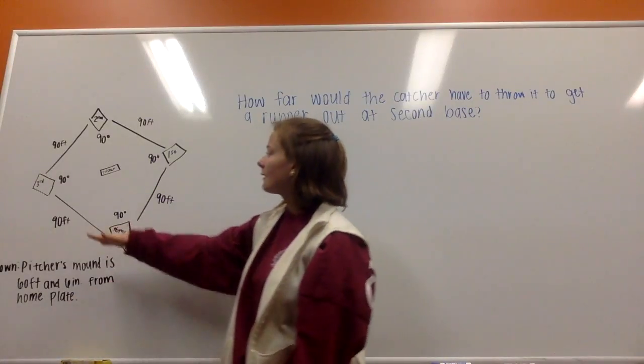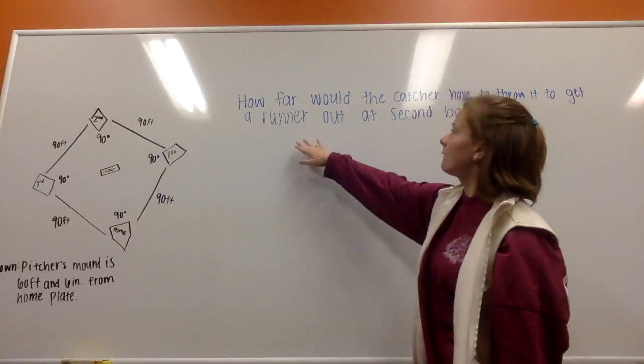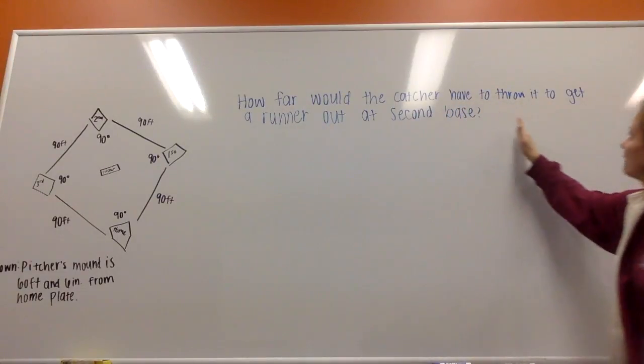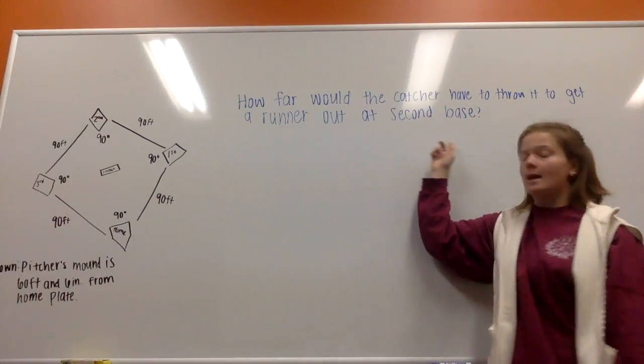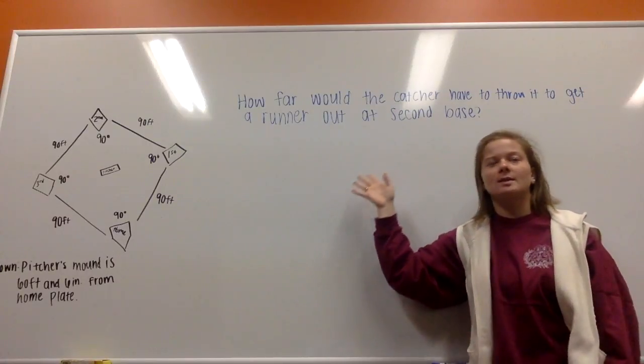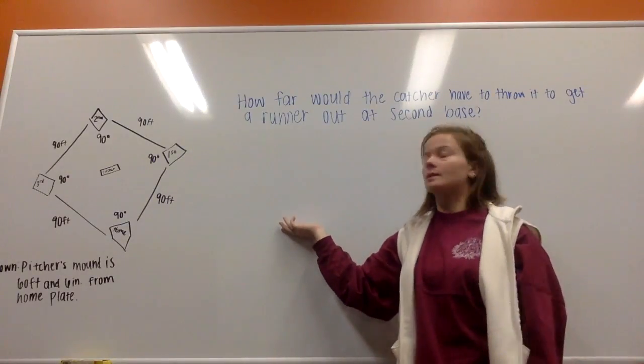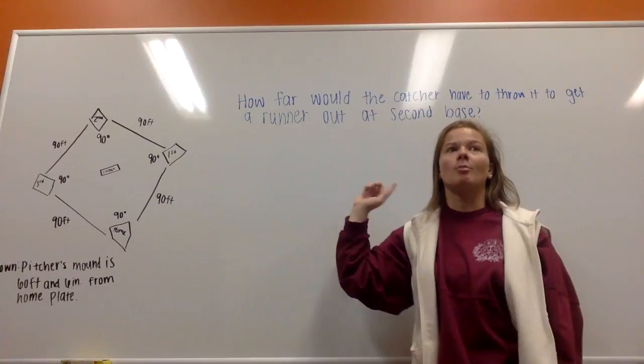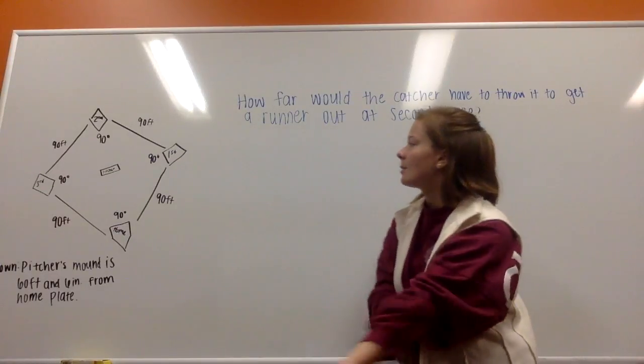So using this information, we want to solve the question, how far would the catcher have to throw it to get a runner out at second base? Now you may be sitting here thinking, how do I solve this? One way to do this is through the Pythagorean theorem. So we're going to set up a triangle